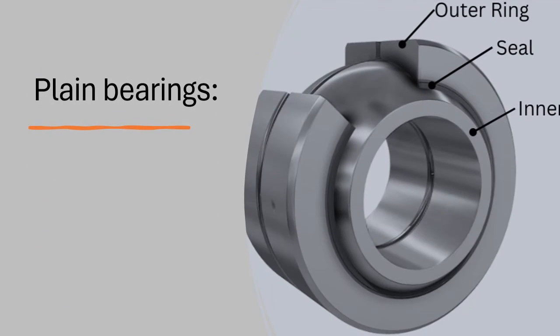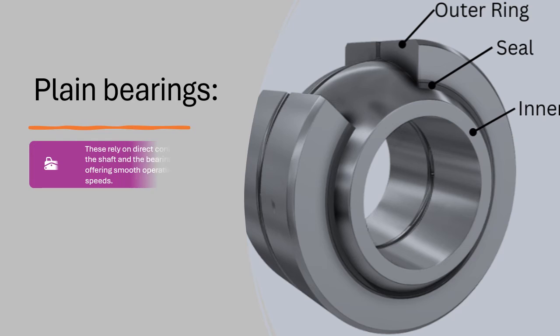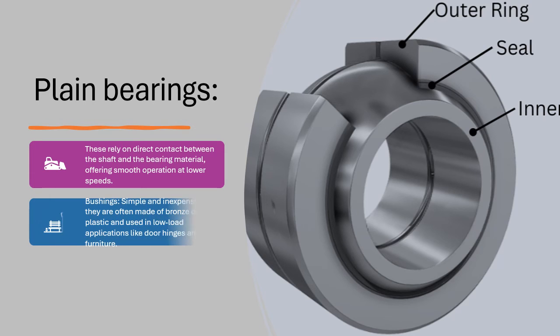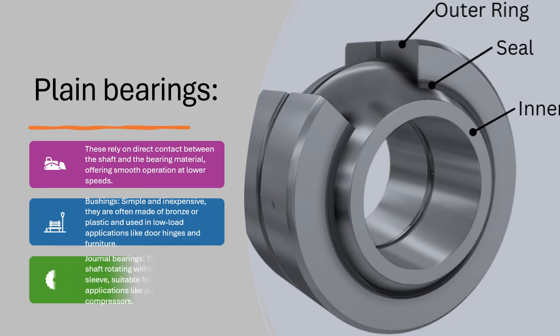Plain bearings. These rely on direct contact between the shaft and the bearing material, offering smooth operation at lower speeds. Bushings, simple and inexpensive, are often made of bronze or plastic and used in low-load applications like door hinges and furniture. Journal bearings involve a shaft rotating within a lubricated sleeve, suitable for medium-speed applications like pumps and